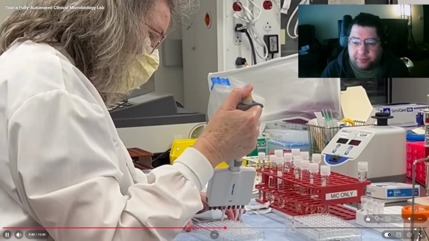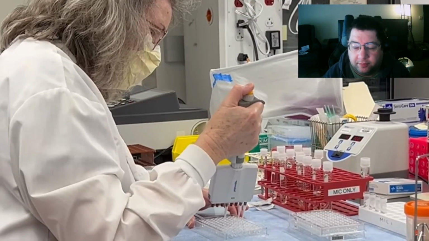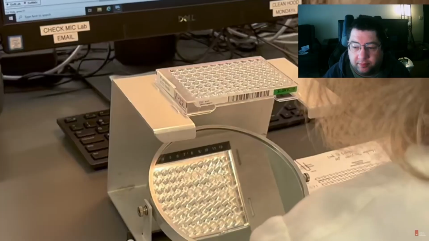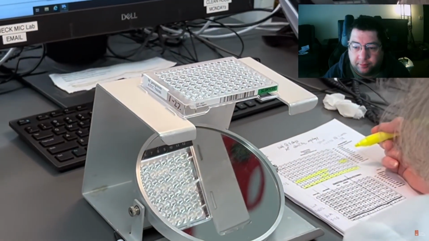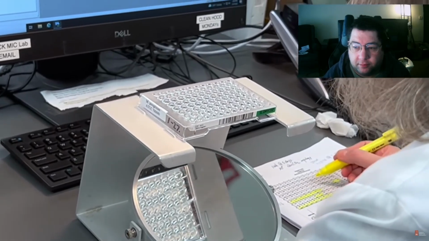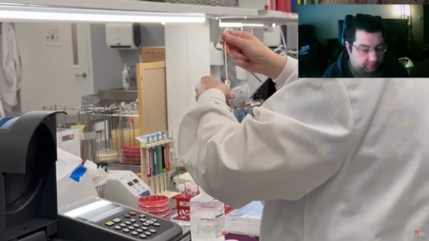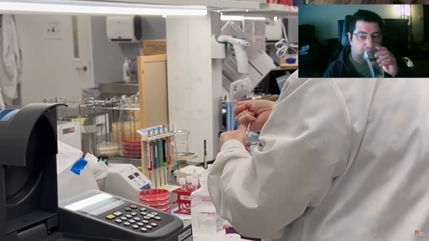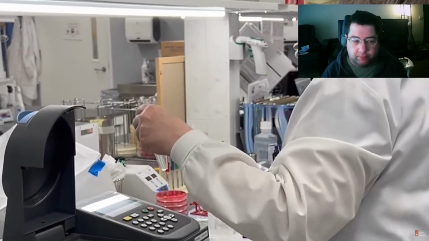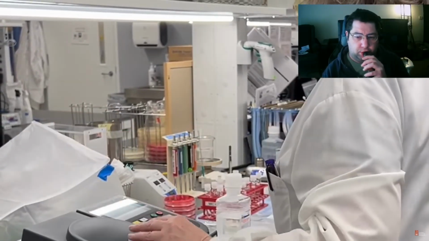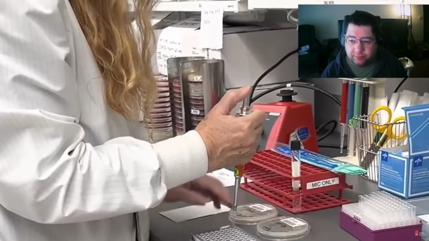Assays are performed on organisms where automated panels are not available, such as yeast, mycobacteria, and anaerobes, or for certain drug-bug combinations as requested by physicians. Here, a technologist is reading a broth microdilution plate and recording the MIC, the lowest concentration of the antibiotic that inhibits bacterial growth, to determine the sensitivity of the bacterial isolate to a particular antibiotic. Antimicrobial susceptibility testing is one of the ways the clinical microbiology lab plays a critical role in patient care. AST results are used to develop antibiograms which summarize susceptibility patterns of common isolates within a particular hospital and contribute